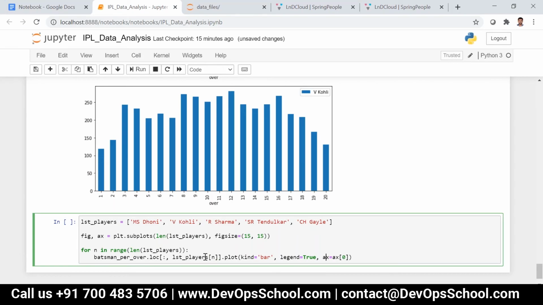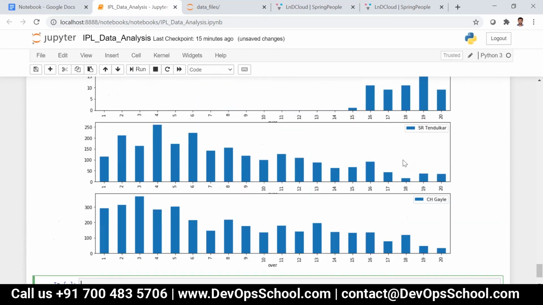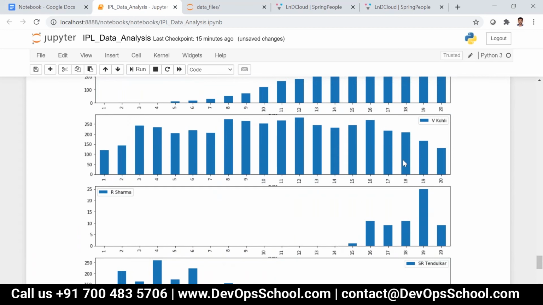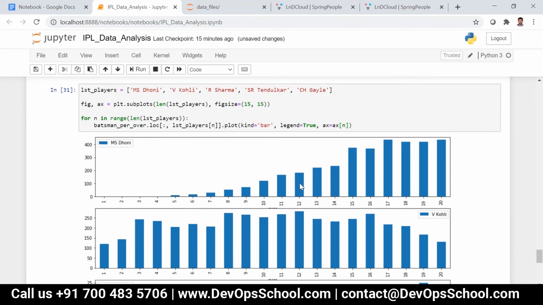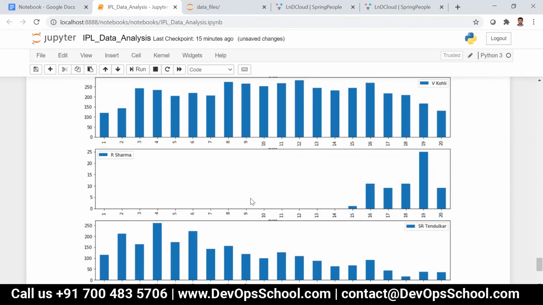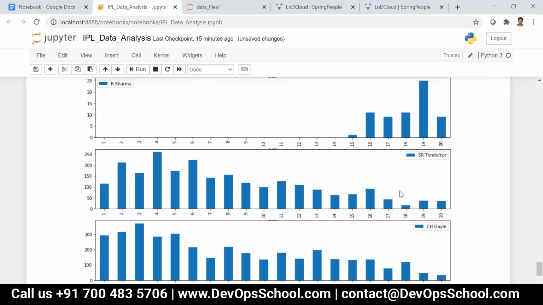and ax of n. See here, you can see MS Dhoni, Virat Kohli. Oh, Rohit Sharma data is wrong. There is no proper data for Rohit Sharma. Might be this is a different Rohit Sharma.